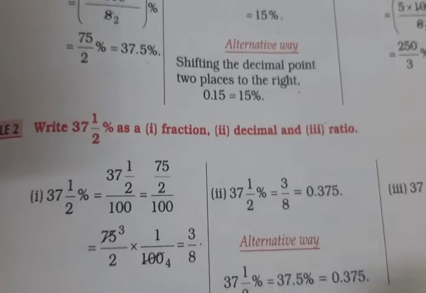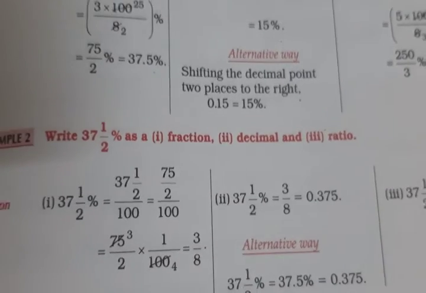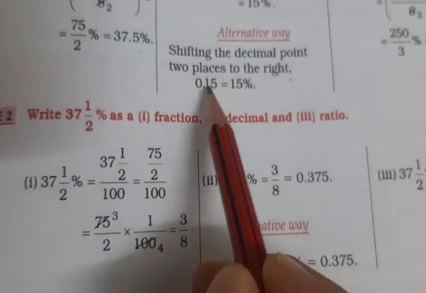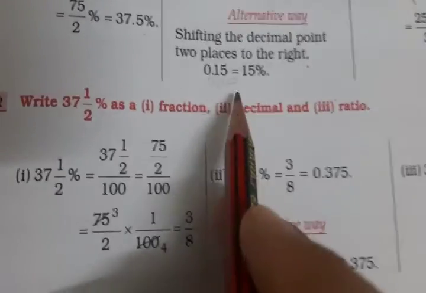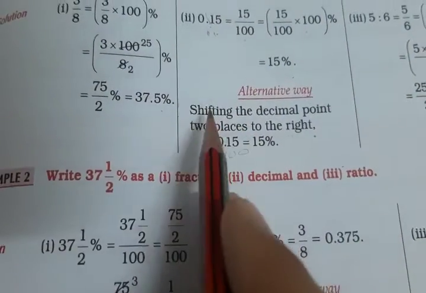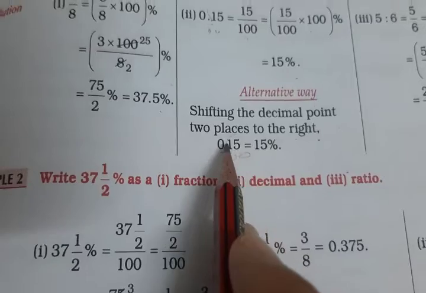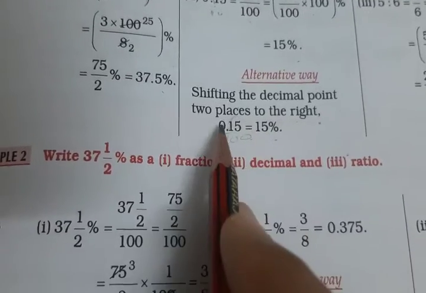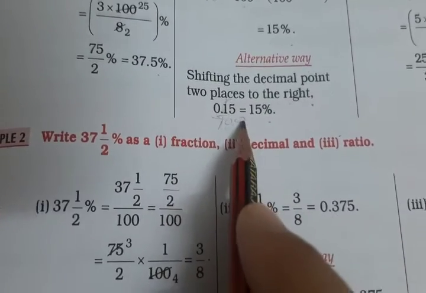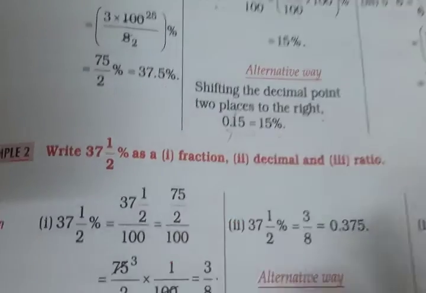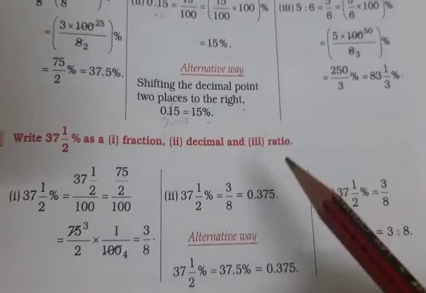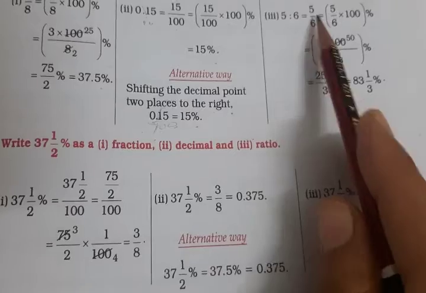That means 2 places right, that means shift the decimal forward. That means write it such that when you remove the decimal, 100 comes. So this one is already given simple, so there is no need to shift it. That means how to write: remove decimal, that is 100 will come. Now how to write this as 15%? This is simple. Now next one is given in a ratio 5:6, that means 5/6.